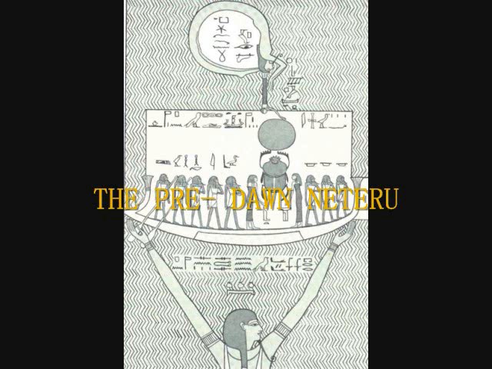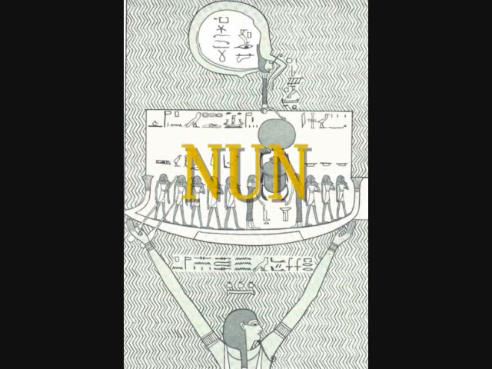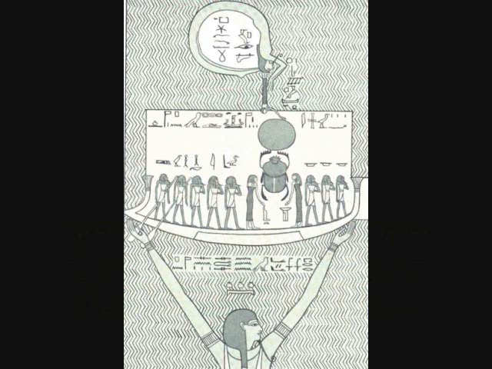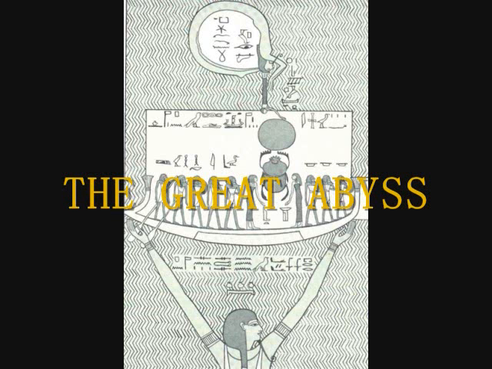The Pre-Dawn Neteru starts with Noon, also called Nu or Nun. This Noon represents the unpolarized state of matter. When we look in the ancient Kemetic creation text, it begins with the same basic concept: that before the beginning of things, there was a liquidy primeval abyss. And later on, when we start talking about human form, I'll talk to you about the